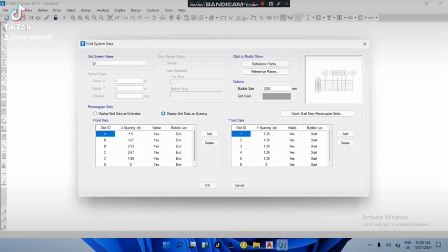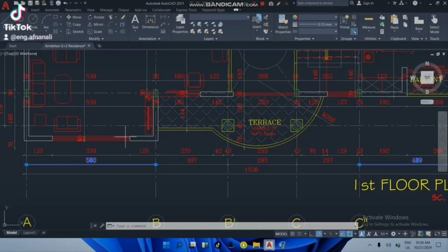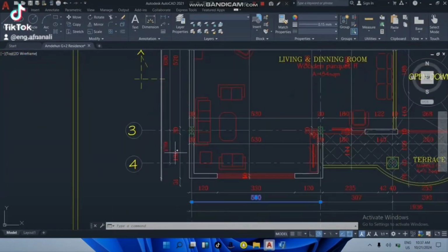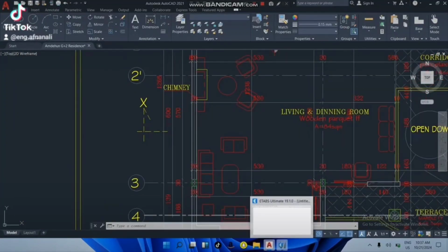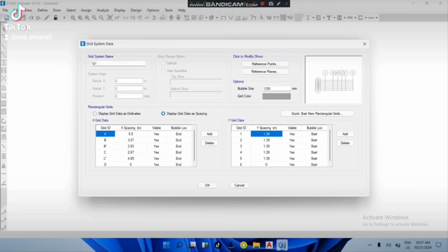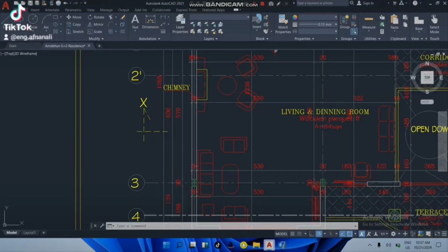Okay, so by the spacing, if we arrange it, we will put all the spacing by each one. But by the ordinate, it adds up to the total length. You get it at the end, the last grade line. Now in the y direction, it began with 3 as I inserted. Now each one I have to add them. So from the second one, because he already put the first one, the second one,